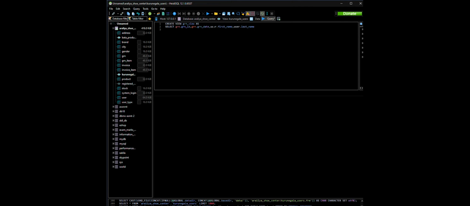Alright, so we are taking these values from the grn table, but we have an additional table as well, so we are going to join this table named user on the grn table's user_user_ID, and that's going to be the foreign key of the primary key in the user table, where the name is user ID. Alright, so now let's execute our query,